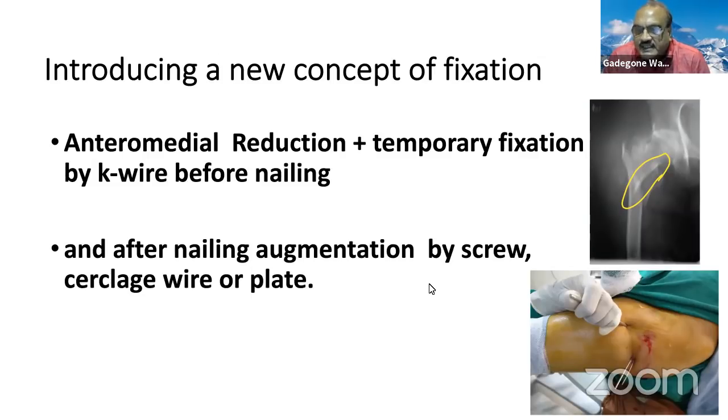Suppose you are not getting a reduction, then you pass a Steinmann pin from the anterolateral part percutaneously at the fracture site, and then you intrafocally manipulate the fracture under the C-arm, bring anterior and medial cortical continuity, and then pass 2-3 mm pins from the lateral side that will not come in the way of your nailing and guide wire placement,